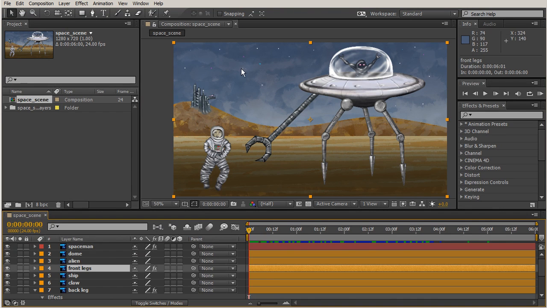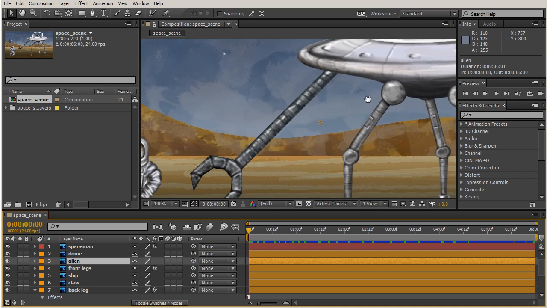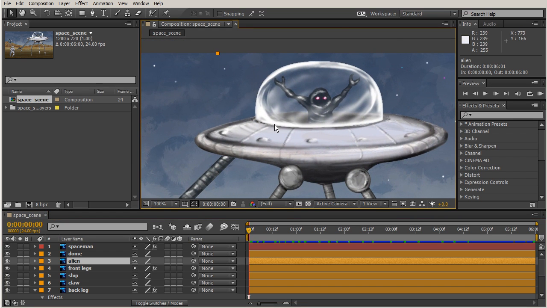Let's go to our front legs. So, well, actually, no, let's start with our alien. Okay, so our alien back here, he's just hanging out, and he's way too calm for what's happening. Maybe this is supper to him. I'm not sure. Maybe his science class has some deadlines he has to meet,